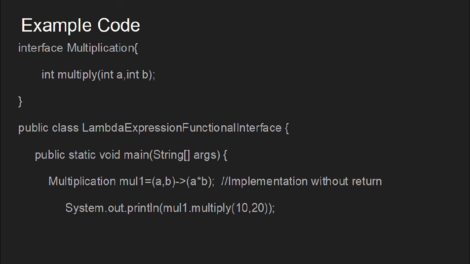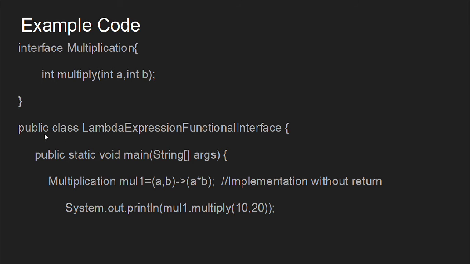This is an example code when we have a functional interface and how we can use that to implement our lambda expressions. Here I have a multiplication interface in which I have int multiply, which takes two parameters, int a and int b, and returns their multiplied value. It has no logic in it. That's the intention we have. We want to multiply a and b and return it, but we haven't given any definition. We have one abstract method here. I could have used the @FunctionalInterface annotation here to make sure that this remains a functional interface forever.